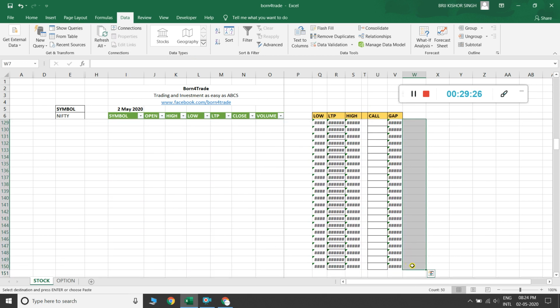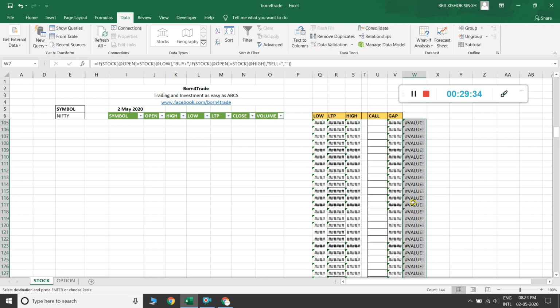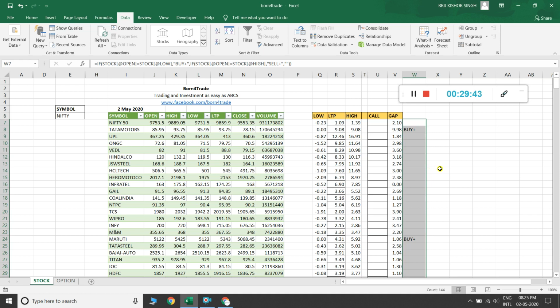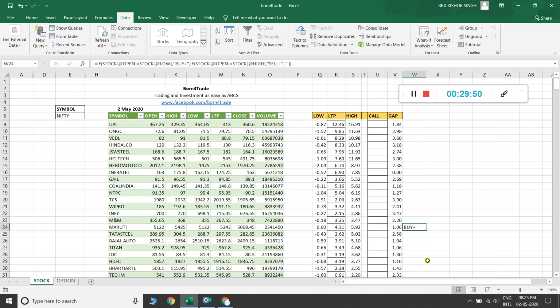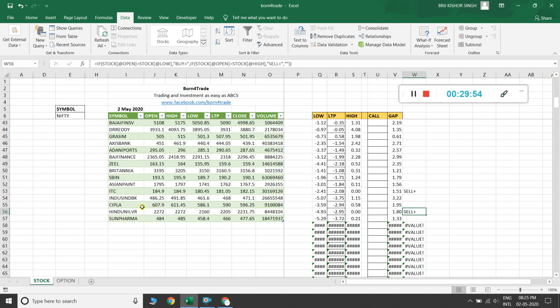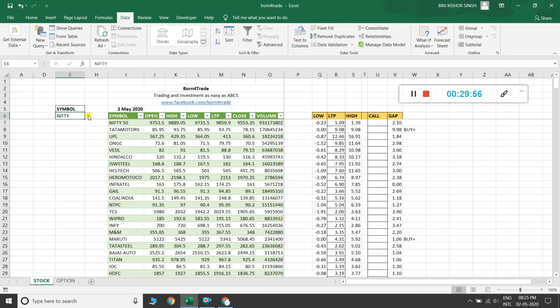pasting it up to 150 cells. Then you can see here the value is equal to, here there is no data, that's why some text appears. But in this column you can see buy signal, in the signal column you can see buy signal, buy plus signal, sell plus signal and sell plus signal. Same for all